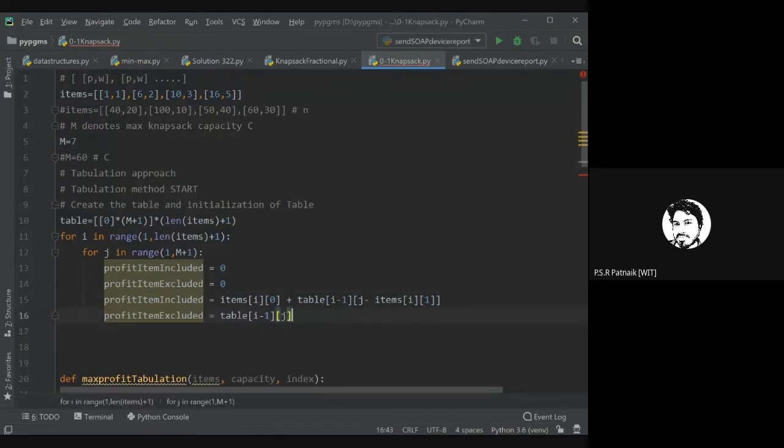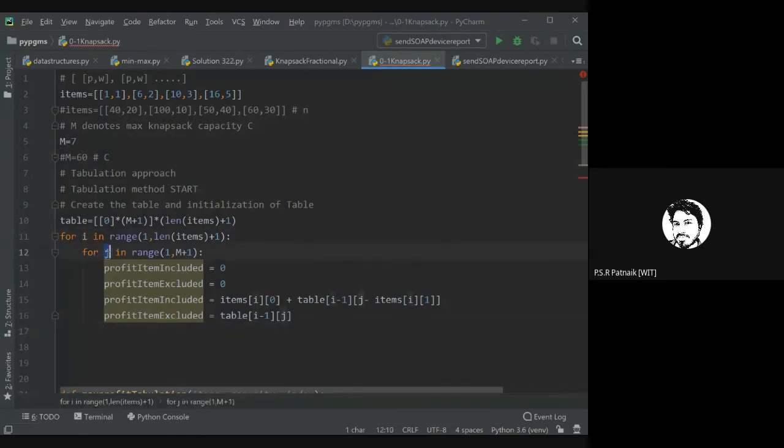And once I have both these values, what should I do? I have calculated profit with inclusion, and I have also calculated profit without inclusion. So once you calculate, you need to calculate the maximum. Maximum of this and this will be the profit for the current combination of I and